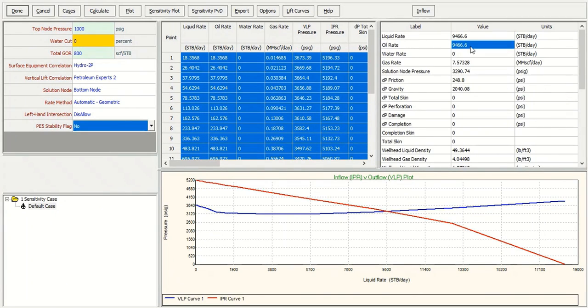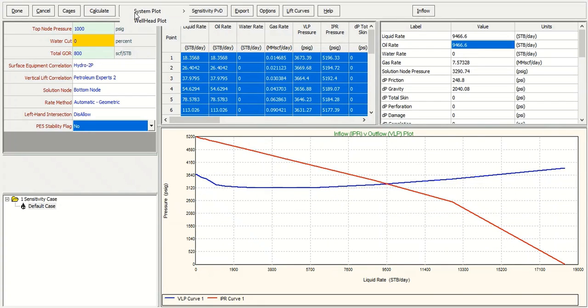Liquid rate, oil rate. So now we can flow at almost 9,500 stock tank barrel per day. With 0 water cut, you will get oil rate almost 9,500. Okay, you can also plot, click this plot button, system plot, plot all cases,